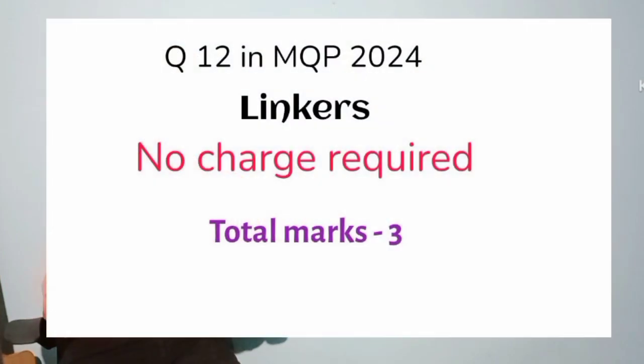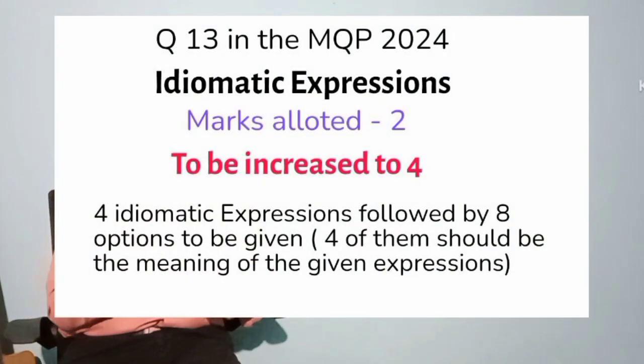The reason I have already given in the previous video. Next is the linkers. We can retain it as it is. And the next is question number 13, which is in the model question paper, that is idiomatic expressions and their meanings. Again, this is also matching the 2, but now just in this case we can make a little change,